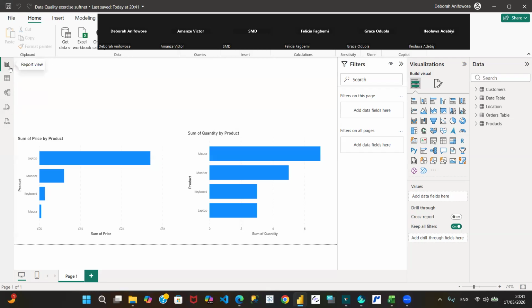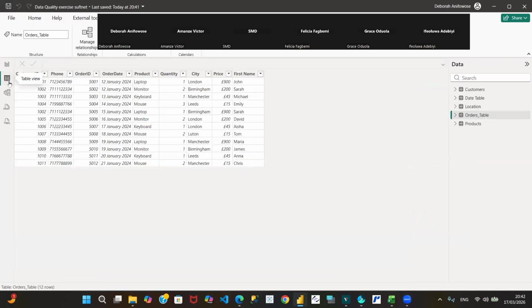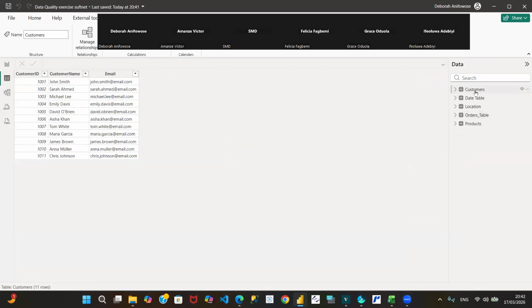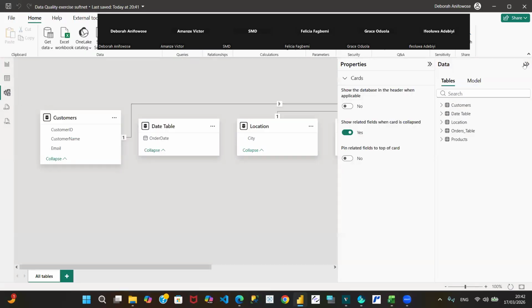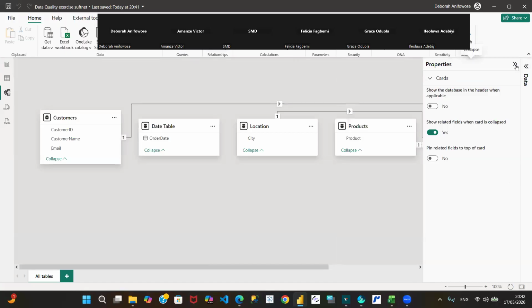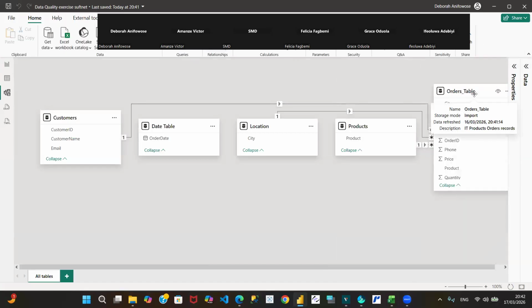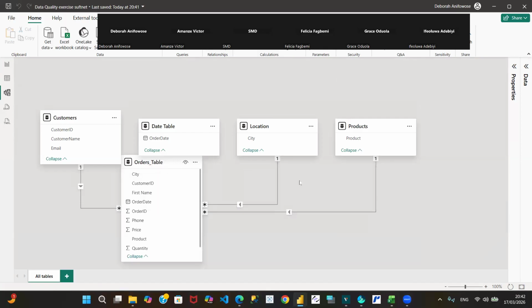Okay. So when we close and apply the Power Query and we come here, the first thing you see is that all of those tables are loaded. Before, we only saw one table. All of those different tables are loaded now. If you check them in the table view, each one of them you click on, you will see them all in table view. But more importantly, this is where we now see the action. You can click down and drag these ones around, by the way. Okay, so let me arrange so that